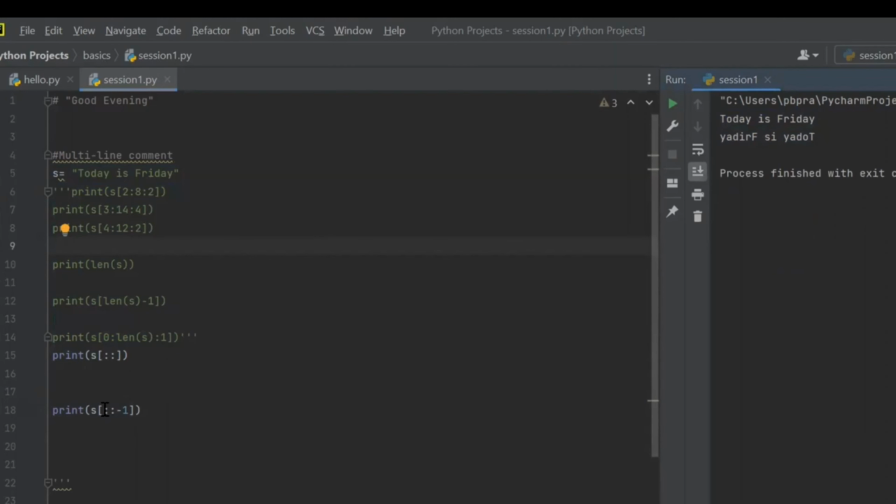You see, the step is minus. That means it will go from backward to front. And this is the whole string. If you give empty, it considers the entire string, as I told you. You just wrote a negative step. Step is how you move forward or backward. So if you give minus, it will move backward. If you give positive 1, it goes forward. Now if I give positive 1, it will take one step forward, normally. Now if I give it minus,